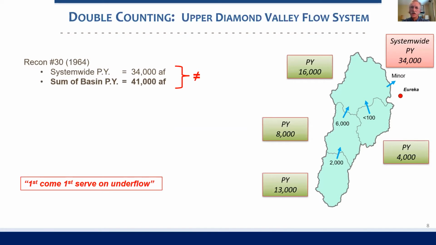But in doing so, they included the water moving between the basins as groundwater that's added to the system, even though it's already included in the recharge and ET components for the respective basins. As illustrated here, if the individual perennial yields are totaled up, they add up to substantially more than the system-wide perennial yield of 34,000. So it's just a break in the math.